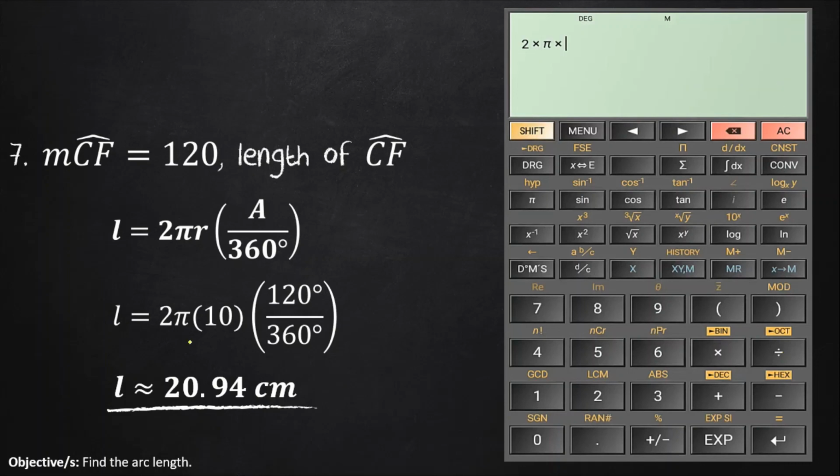So, we have 2 times pi times 10 times 120 divided by 360. So, the answer is 20.94, rounded off